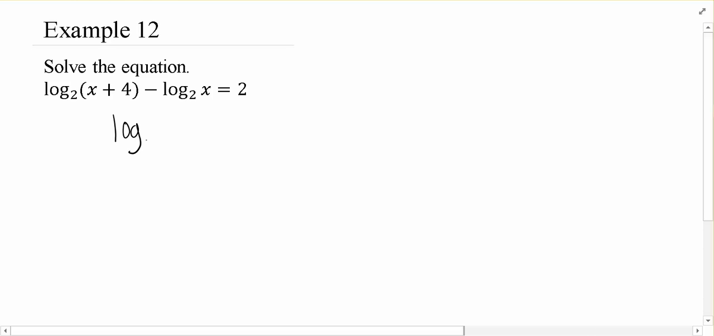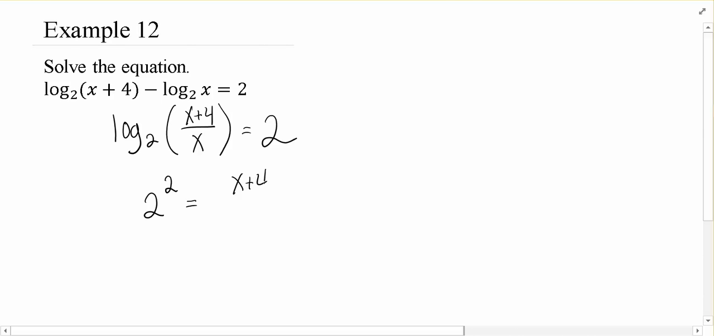So that means to make it a single log, I turn this into a division problem: the first argument divided by the second argument. Now I take the base, raised to the power of the opposite side, equals the argument. This is a rational equation, and so we go through our normal routine of saying fractions suck, get rid of